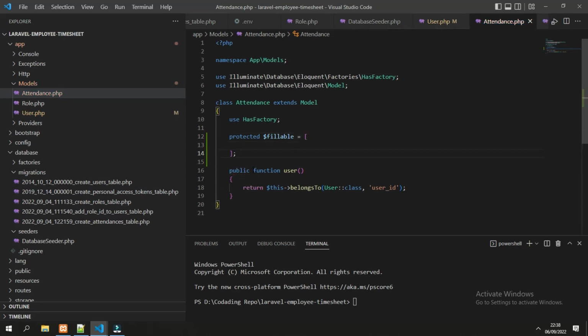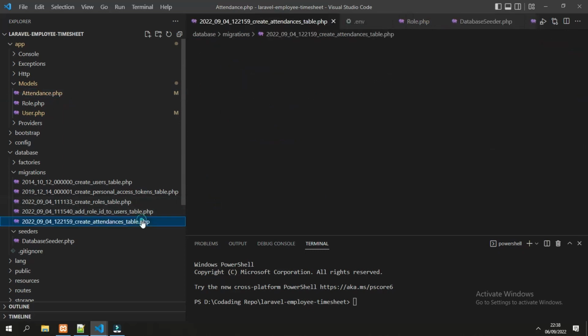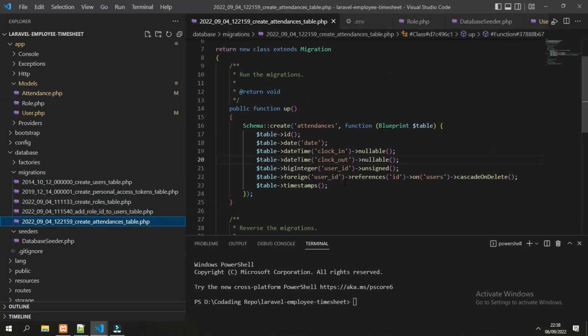And let's see what the parameters are in the attendance table. ID usually is not fillable, so you cannot edit the ID, but you can fill the date, clock in, clock out, and also the user ID.